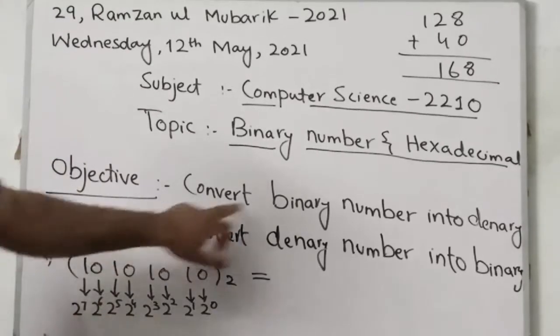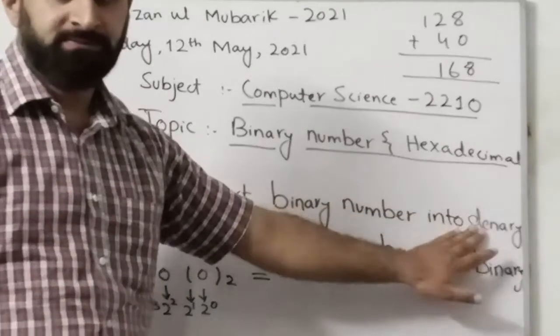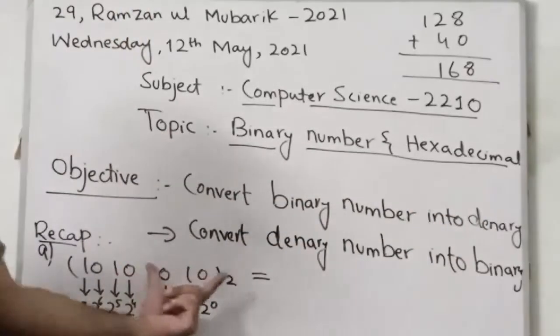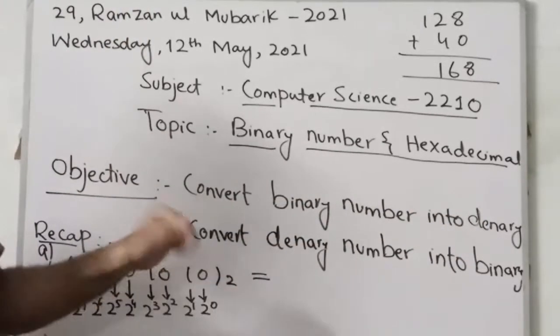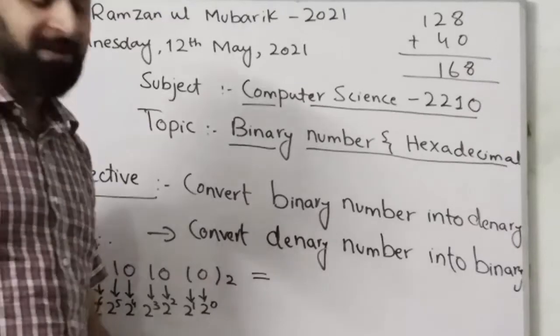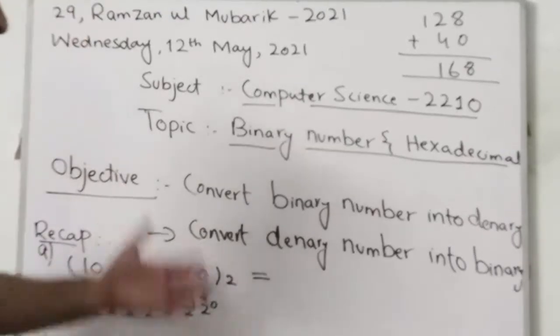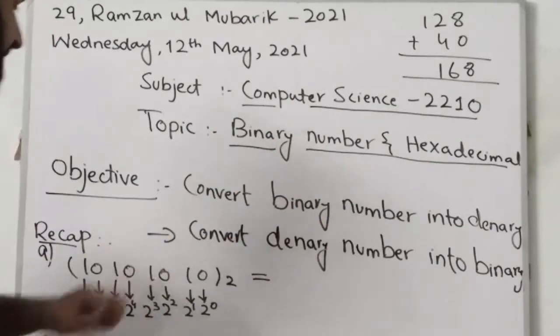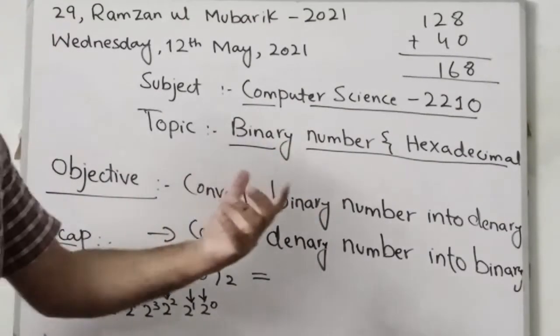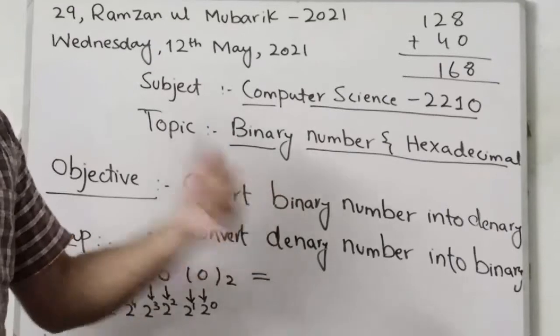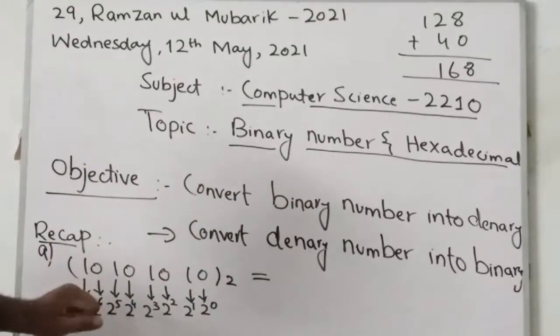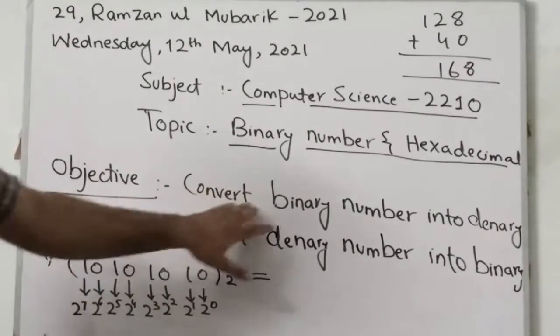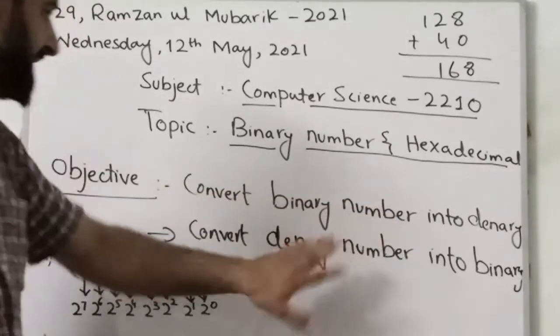Yesterday we studied how to convert binary numbers into denary, isn't it? These are the binary numbers. It's called 1 byte of information. What is a byte? You can see my previous tutorial where I described what is meant by byte, bit, and all that. Basically, it's the smallest memory unit. Yesterday we converted these binary numbers into a denary number.